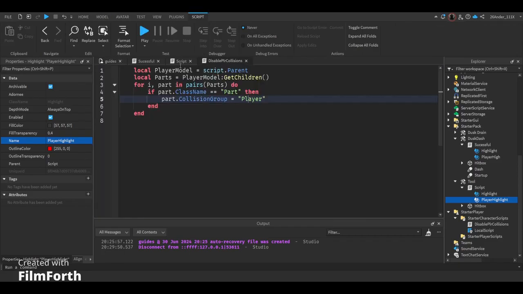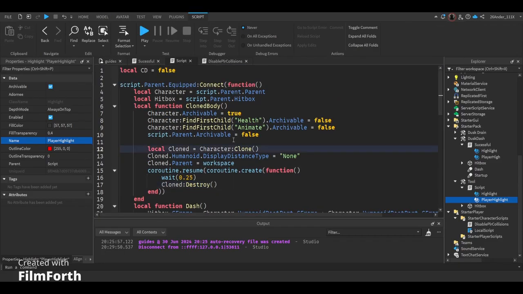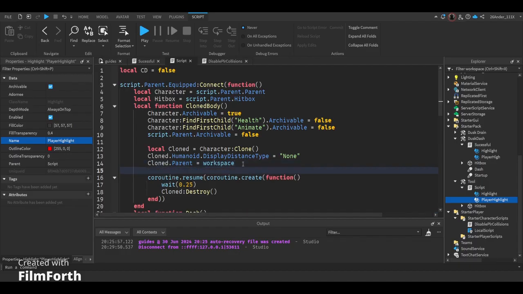And now to add them on, since there's the cap, you want to try your best to limit cloning the highlights. However, when it comes to the clone body, it can't be helped. We have to clone it in order to have multiple of it. So we get our highlight for our clone, clone it,